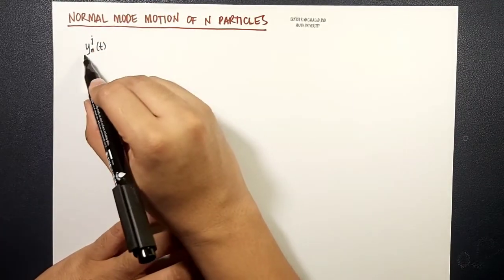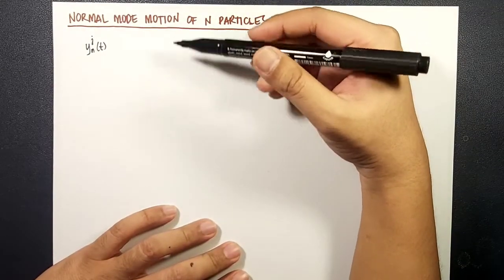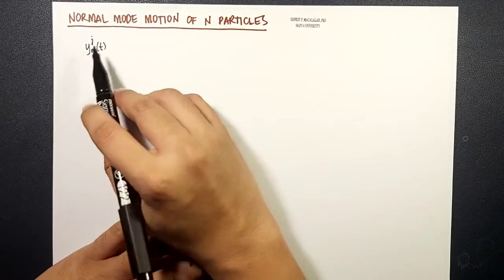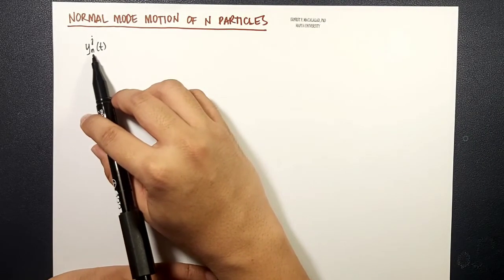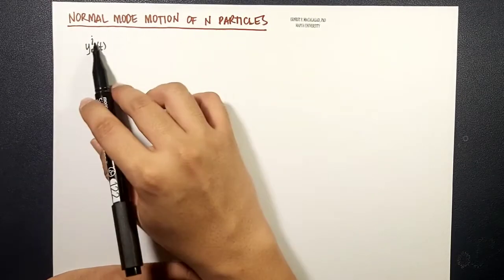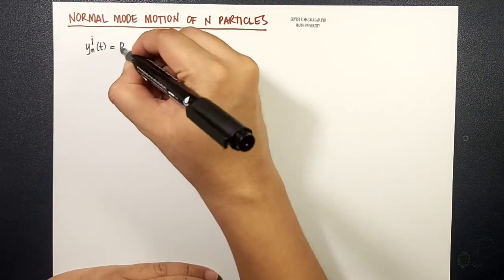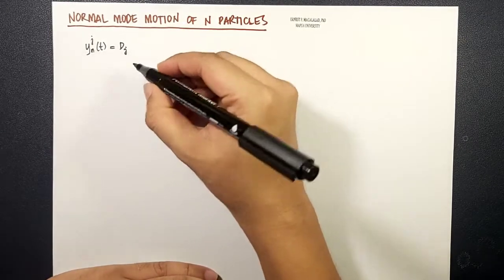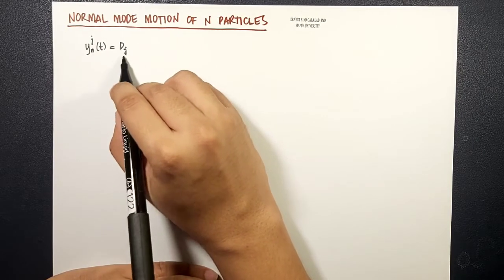This is the position along y because we assume that the particle is moving in the vertical direction and it oscillates as a function of time. n is the nth particle and J is the mode of oscillation, and this is equal to d_j, which is the maximum displacement for the J mode,